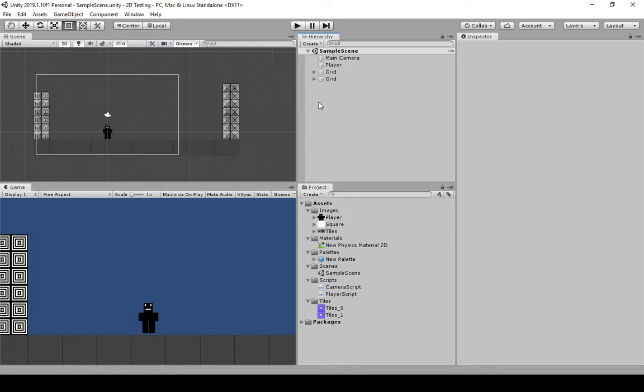basics. The first video, Physics and Forces, covered the different physics, rigid bodies, box colliders, as well as applying force to a game object to move it. The second one, Tile Maps and Tile Collisions, talked about adding a tile map, adding a tile palette, and then using the tile map to draw on the screen in the different grids, and then using a tile collider 2D to work with our existing game object to collide against it, creating a floor and a wall, 2 different tile